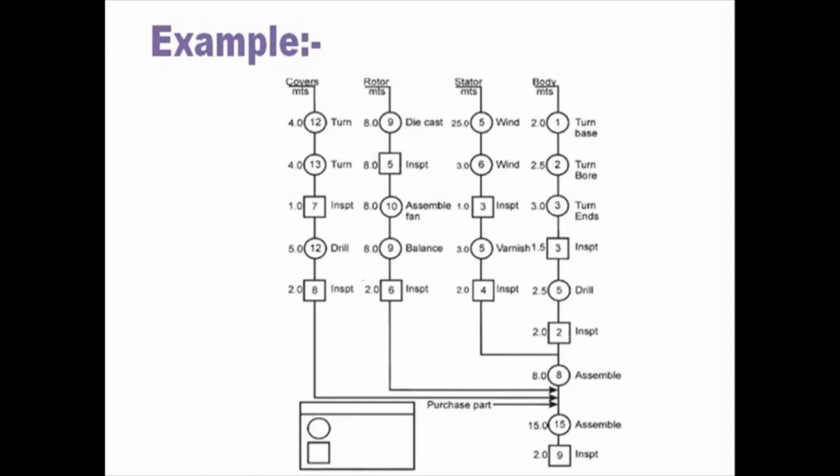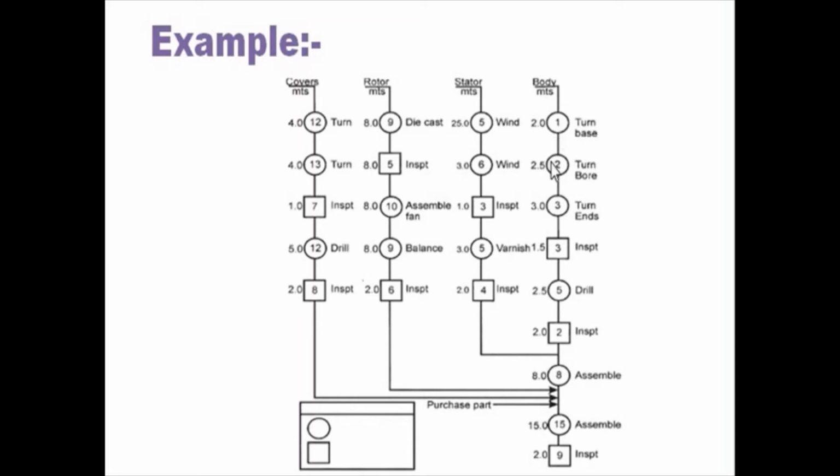Now some conventions are followed while preparing the process chart. Sometimes it is also called the outline chart. At the top of the chart, the title is written. Title in the sense of the job or the process for which we are performing these activities. The chart is basically started from the right hand side at the top corner, and the main component will be at the right extreme position, and then it is continued as per the sequence of the operations or the inspections, and it is represented by different types of symbols.